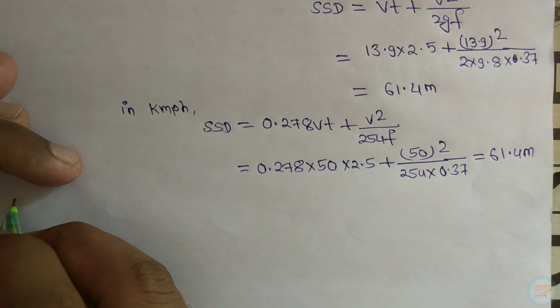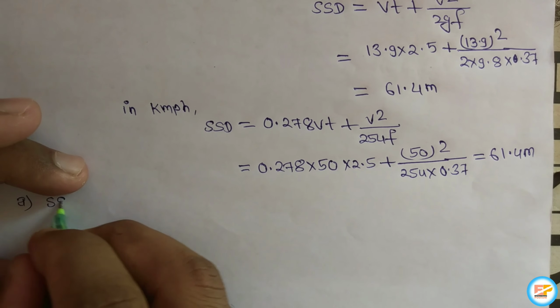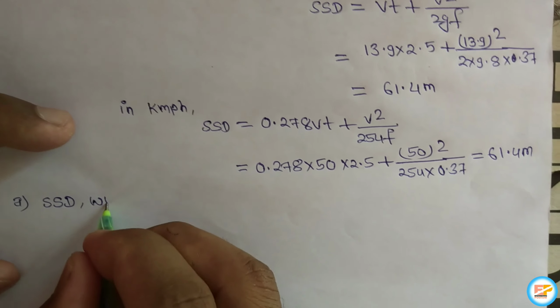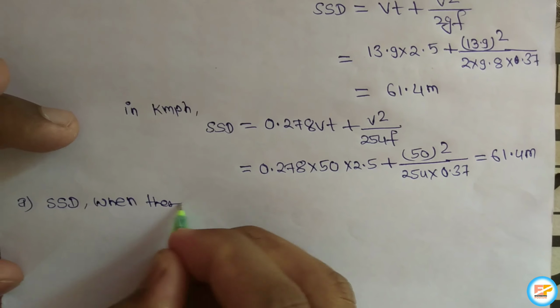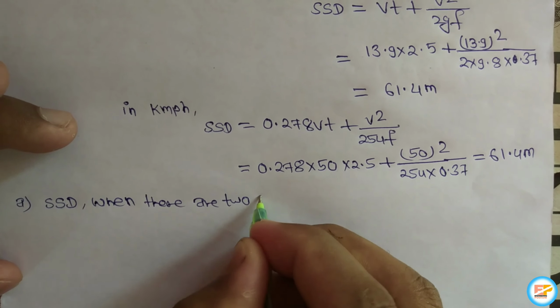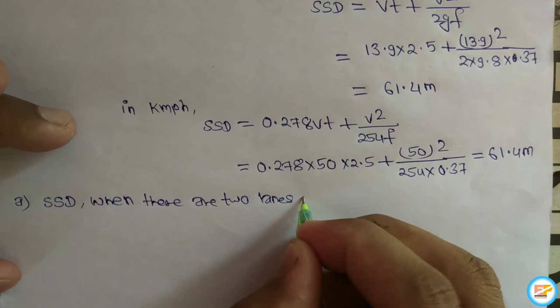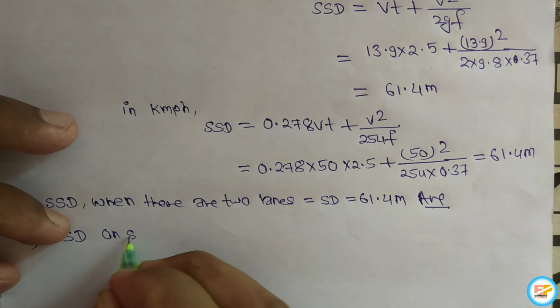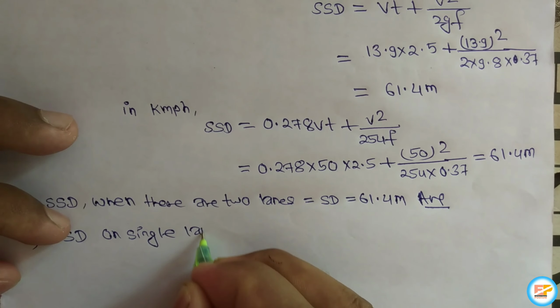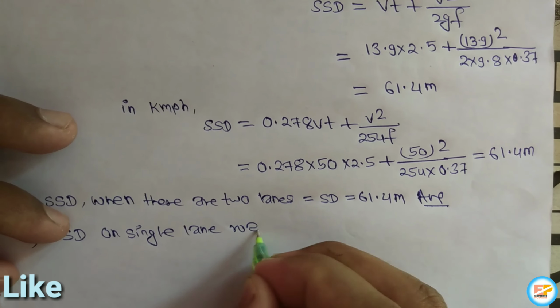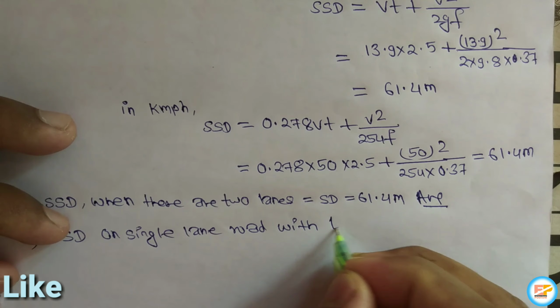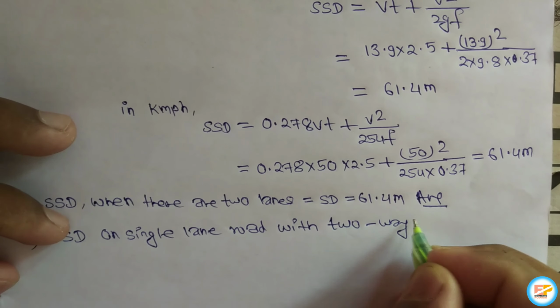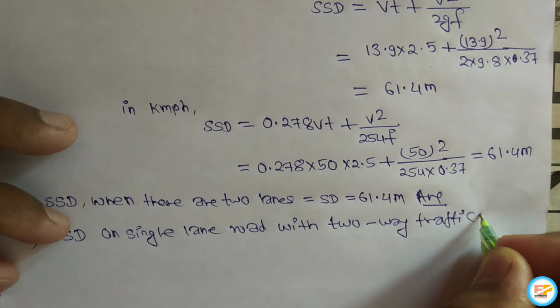So the first condition, the stopping sight distance when there is a two lane road, is equal to 61.4 meter. This is the first answer. And B, stopping sight distance on a single lane road with two-way traffic. So the second answer,